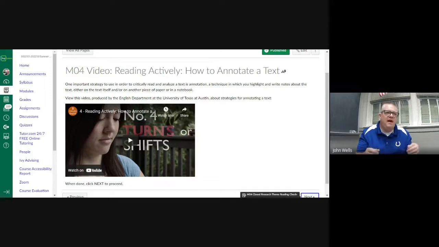Here's how we do it: I let you do a piece and we explain some things, like which hammer are you going to use, which nail, which whatever, right? And if I stop you along the way, those things are going to stick with you better. So this talks to you about how to annotate text. I think this is a skill that, once you feel very comfortable with it, you'll be able to use in all of your other classes and it'll help you across the board, not just in this class.